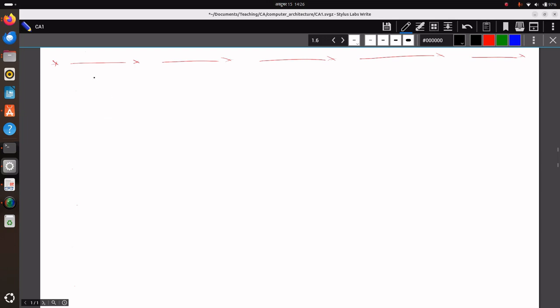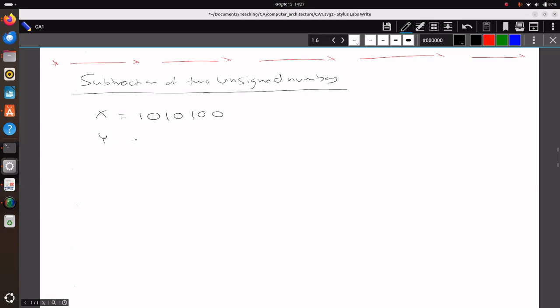So suppose, let's say we have to do subtraction of two unsigned numbers. Consider x as 1 0 1 0 1 0 0 and consider y as 1 0 0 0 1 1. So we'll keep some rules here. Whenever we have to do m minus n,